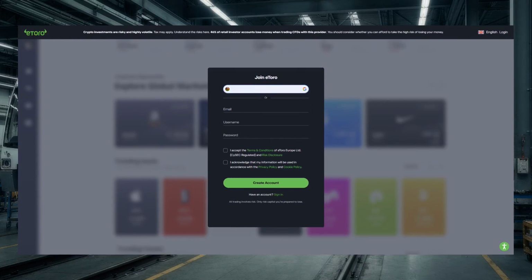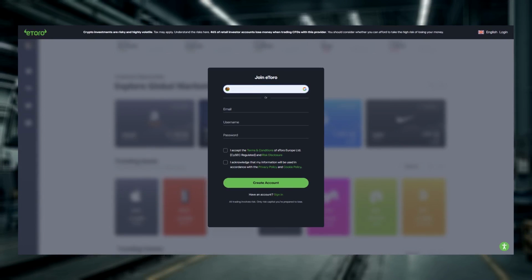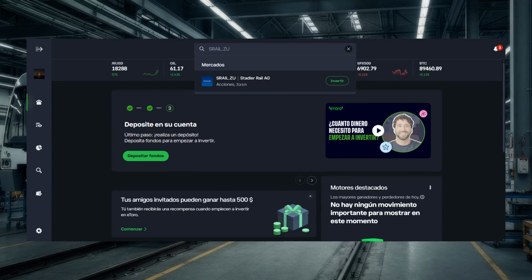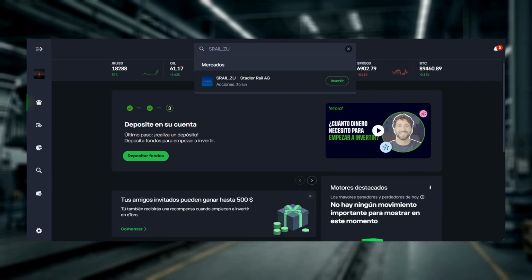To buy shares, you need a broker account. I'll use eToro as an example to show the steps. After registering, you will need to verify your account, typically by uploading an identity document, and add funds before you can place trades. Use the platform search bar and type the ticker